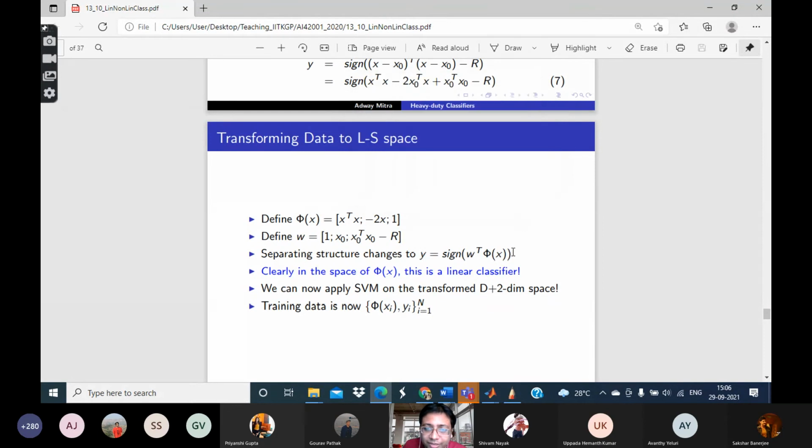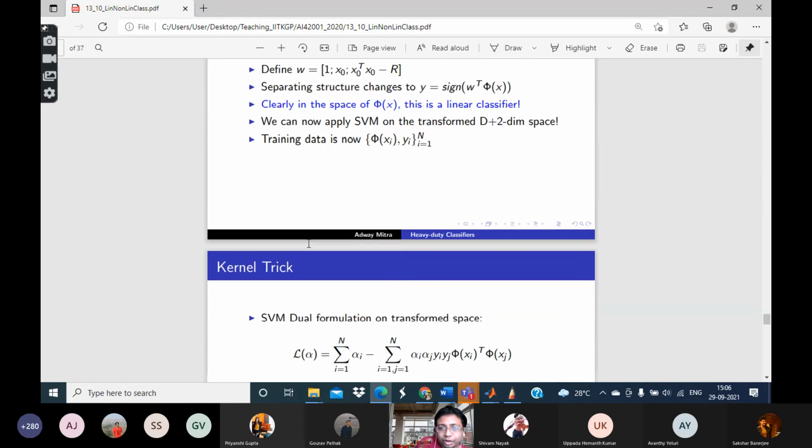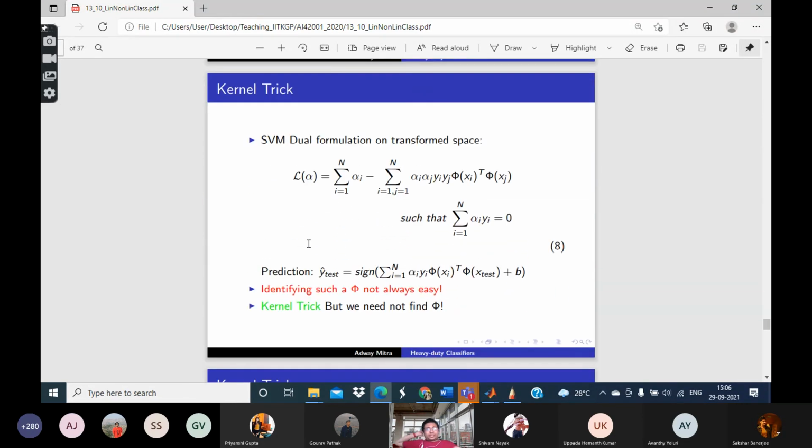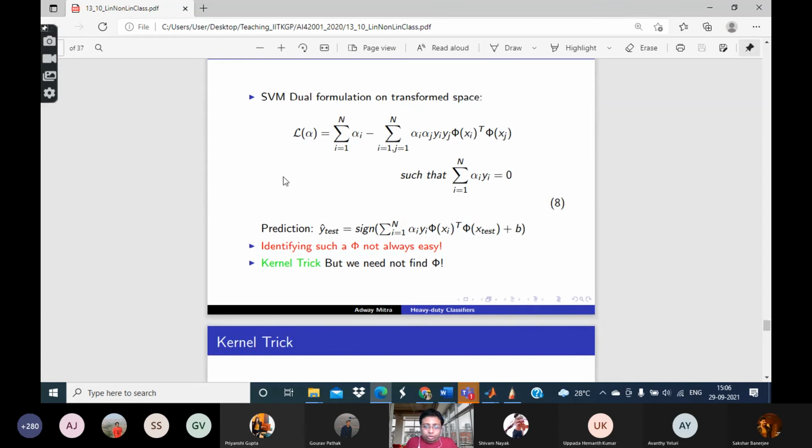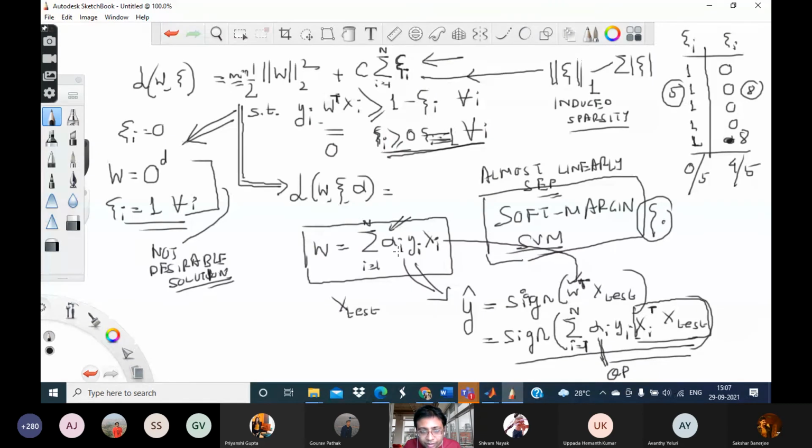So in such situations the idea holds, but the phi x or the w we will not be able to define. So then what we do is a strange trick known as the kernel trick. Before coming to what that trick is, the important thing to note is that when we are solving the SVM problem, we initially had w, then we expressed w as a function of alpha i yi xi. We express w in this way, right? Correct?